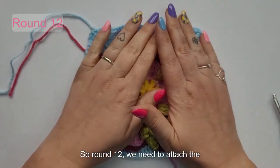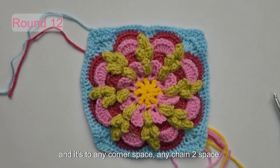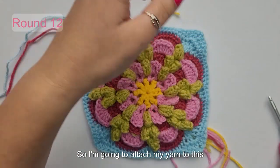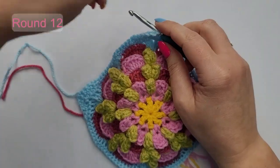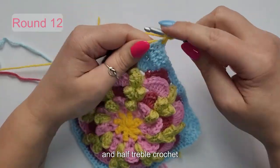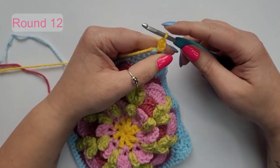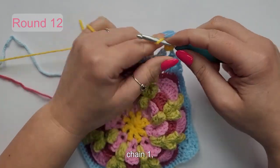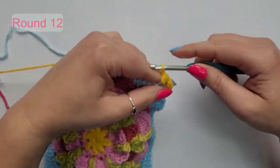onwards. So round 12 we need to attach the primrose yellow, and it's to any corner space, any chain 2 space. So I'm going to attach my yarn to this corner space, and we're going to start with a chain 1 and half treble crochet into that chain 2 space, and then we're going to skip 1. So we're going to skip the next stitch, chain 1, and we're going to put a half treble crochet in the next stitch,